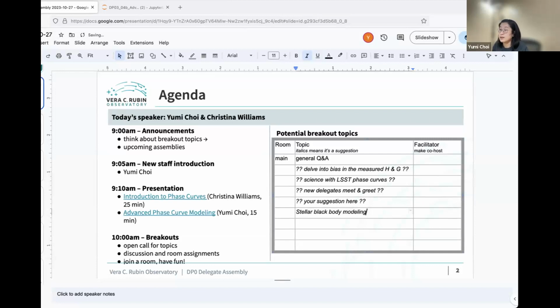Oh, Jamie. Hi, I don't know how much longer I can hang around for, but I have some thoughts about at least the bias in G, because I've recently been working on asteroid phase curves, but using data from the ATLAS survey, and this actually seems to tie into stuff that I've been looking at before. Maybe I can talk about that with some people for 5 minutes before I have to go get my train. That would be great because this is one of the mysteries we didn't understand.